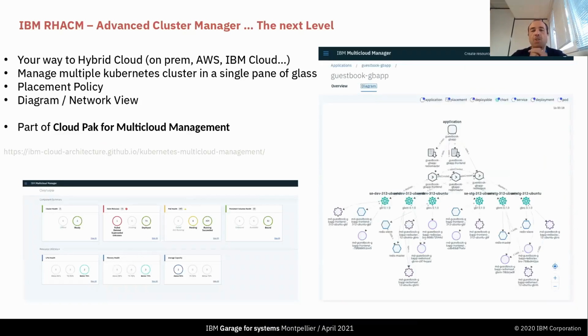And my last chart here will be on the Advanced Cluster Management. Maybe you heard about Red Hat OpenShift Advanced Cluster Manager, RACM. This is, in fact, the solution that comes from, maybe you heard about it, the multi-cloud manager solution. It's a kind of evolution. It is part of the Cloud Pak for multi-cloud management. And this RACM solution allows you to deploy in one namespace, one project, and to push that namespace in multiple clusters as well. So you get a visual view, slightly different from the one provided with the Argo CD environment, but